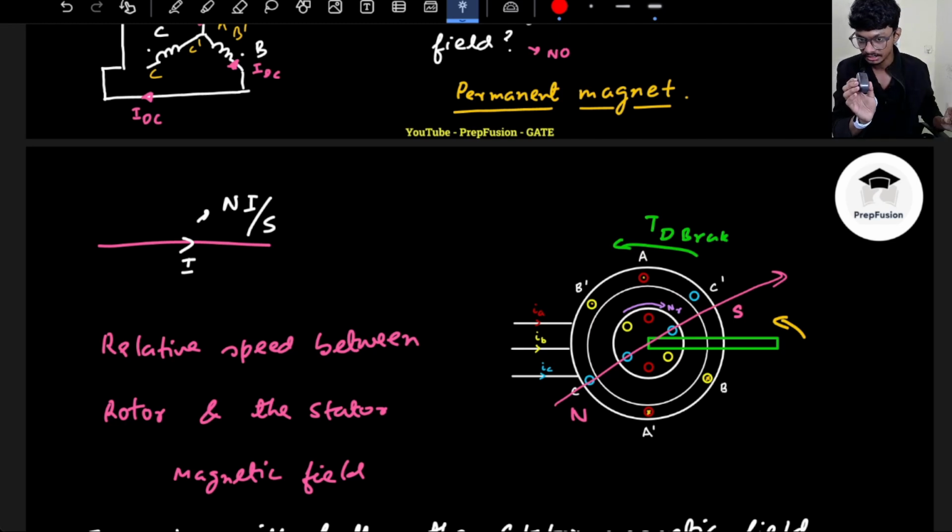If this load is not there, then if I want to stop this rotor, it will stop simply. If I provide the same torque, it will stop later. Okay, I hope that makes sense. What do I mean by it is basically